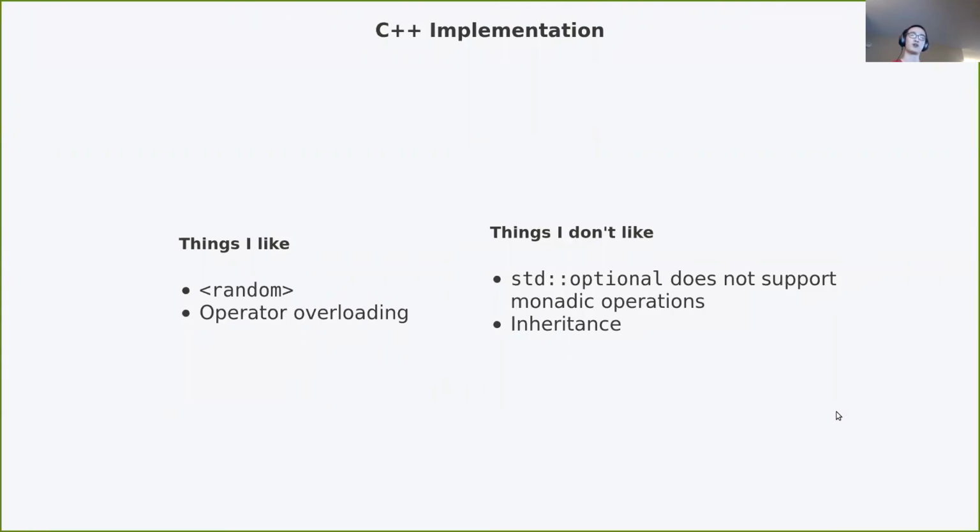Inheritance, that's more like, I just don't like inheritance, but actually in this particular use case, inheritance does not mean anything bad practically. So I'm fine with it, I'm just not happy that inheritance is the most convenient way in C++